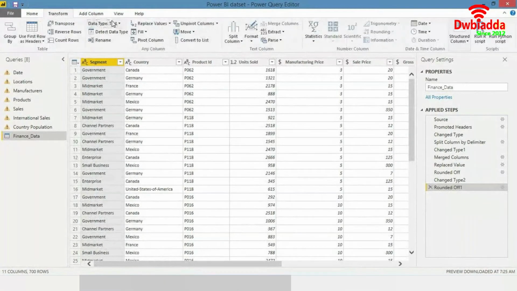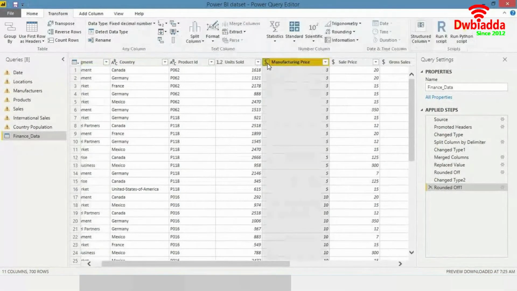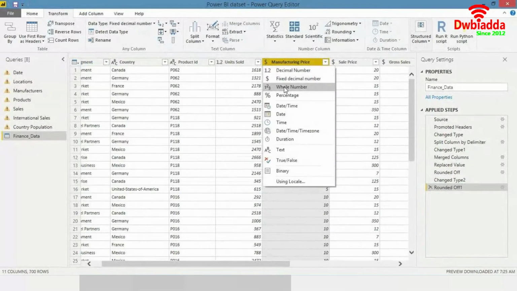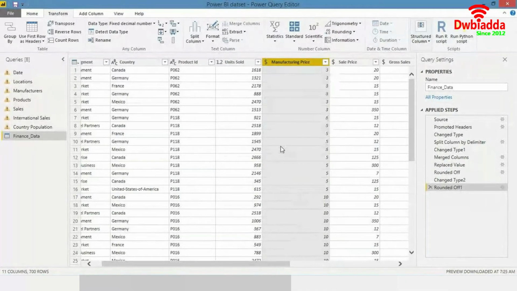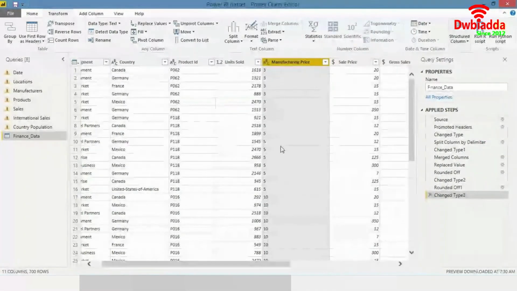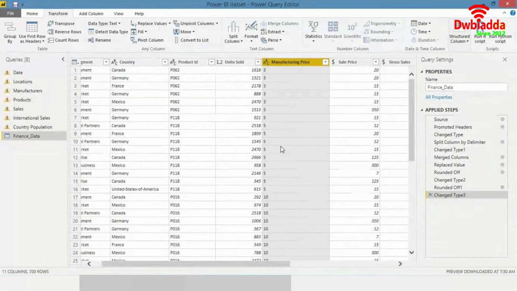So let's explore what else we have over here. This is another thing. Let's say I change the data type, on purpose, from a price, which was a dollar amount, to a text.